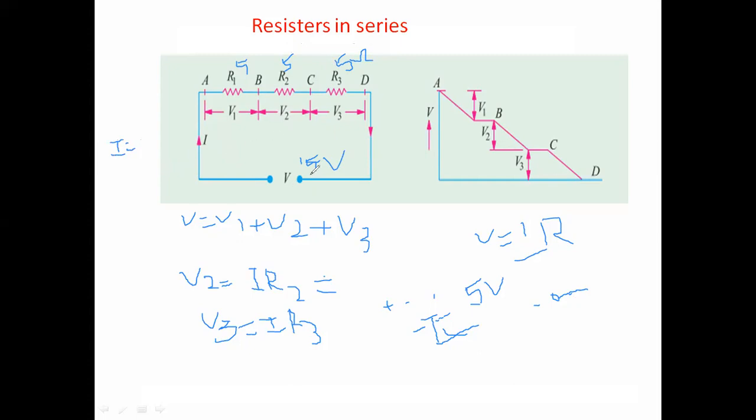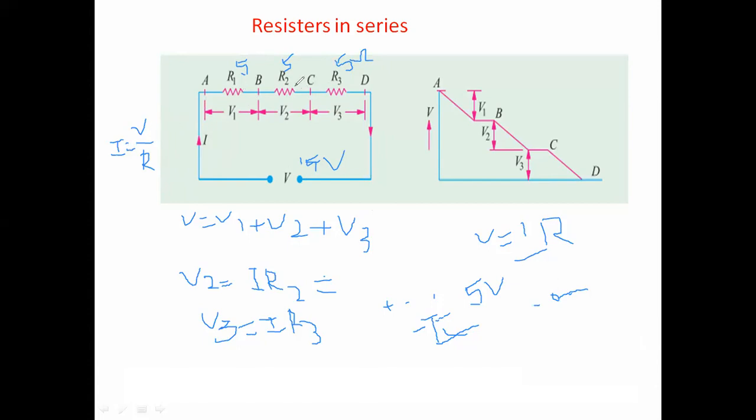So we have a voltage source of 15 volts, and we have resistors R1, R2, R3. Each resistor has a resistance of 5 ohms. So then we can find the current I. I is equal to V by R. V is given as 15, and R is here. We have a number of resistors R1, R2, R3. If you have a single resistance, then what happens? 15 by 5. That is 3 amperes.